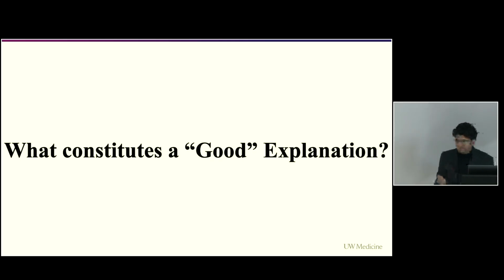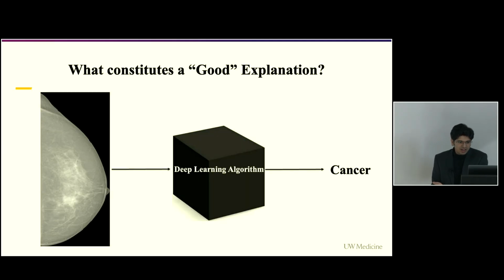For example, I'm really passionate about the field of breast cancer screening. So let us say that we have this amazing black box model, a deep learning algorithm that looks at a mammogram and says that cancer is present. But how do I, or how does any radiologist, understand why the model said there is a cancer present? How would they even begin trusting its predictions?